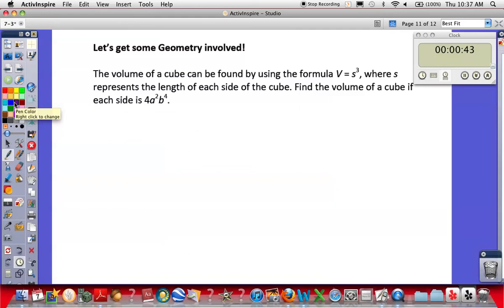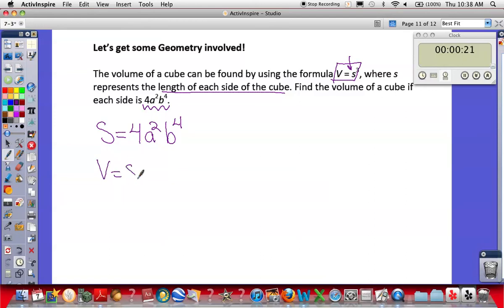If the volume of a cube can be found by using this formula, the volume equals s cubed, where s represents the length of each side of the cube. Find the volume of the cube if each side is 4a squared b to the 4th. So you know here that s equals 4a squared b to the 4th. And the volume equals side cubed. Oh, so all you need to do is substitute this in. But remember, parentheses matter. So the volume equals, in parentheses, 4a squared b to the 4th